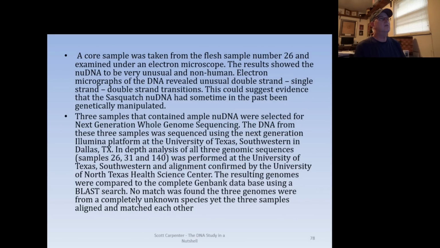A core sample of flesh was taken from sample 26. It revealed the unusual double-strand, single-strand we just talked about, and could suggest evidence that the Sasquatch had in the past been genetically manipulated. The 3 samples that contained ample nuclear DNA were selected for the whole genome sequencing. The DNA from these samples was sequenced